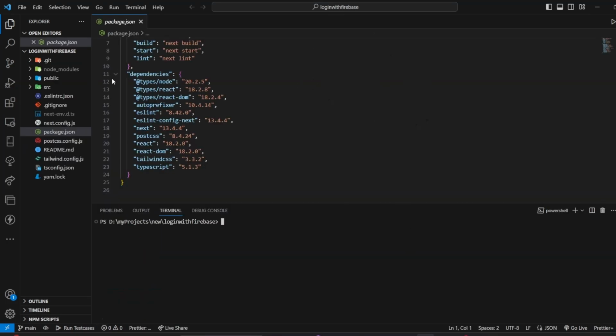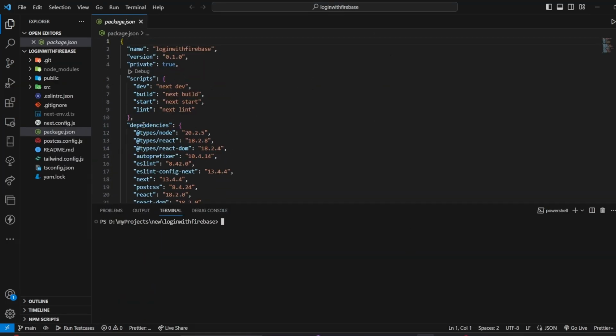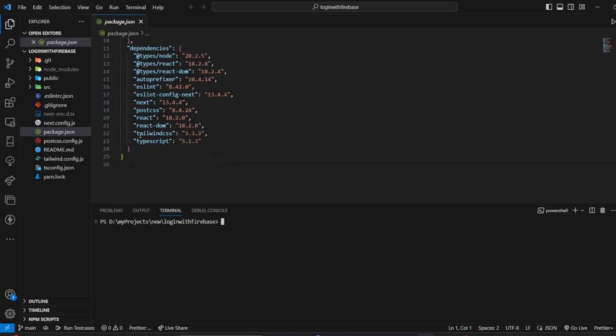Now you can see here that the Next.js installation is complete along with TypeScript and Tailwind CSS. Now here I want to add 3 more libraries, that is Redux Toolkit, React Redux, and Firebase. So let me add it. Yarn add Redux JS Toolkit, React Redux, Fire